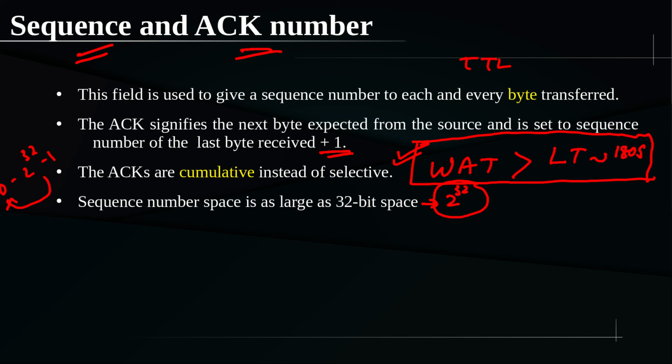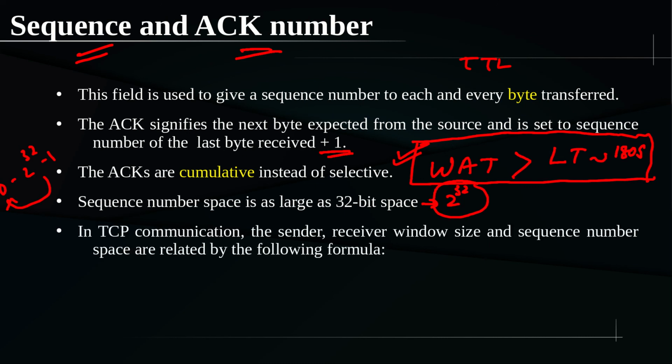Normally you would expect the initial sequence numbers to be initialized from 0, but that is not the case. It will be initialized with some random sequence number, say some 528, and from that it will go up to 2 power 32 and then come to 0, 1, 2, 3 up to that initialized value. In that way we assign. There is a reason for it. This random initial sequence number is also communicated between the sender and the receiver during connection establishment. Many parameters are communicated to each other during the connection establishment phase.